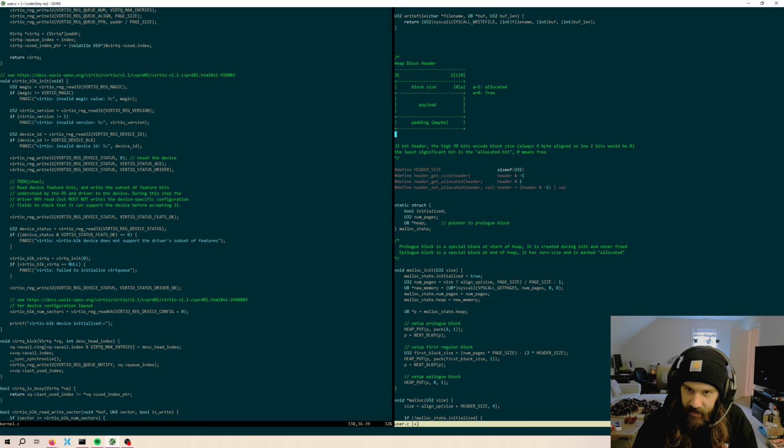But if it can't, then malloc's going to have to ask for more pages from the operating system. And then it'll have to make a free block at the end and put the epilogue at the end again. That's kind of what we need to do. So let's start writing some code. So first of all, you need to initialize some data